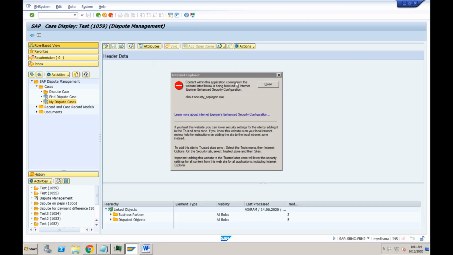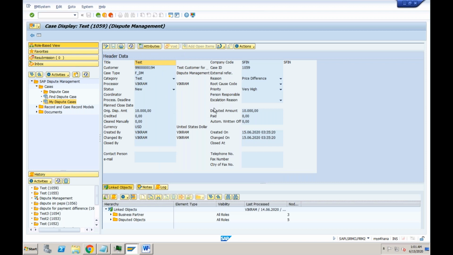So what I'll do is I'll just show you one dispute case as of now. Let me just double click on this dispute case, because whatever configuration I'll be showing you has something to do with this particular transaction code only. Okay, UDM_DISPUTE. There are a lot of configurations that we are going to see, which are to be done, because how the screen will appear, all these things depend upon that particular configuration. Okay, so let me show you one by one.